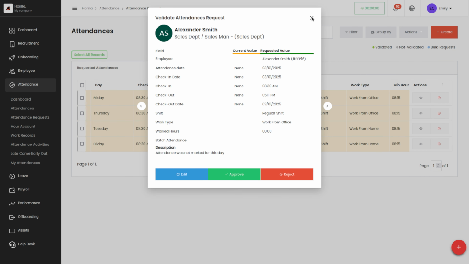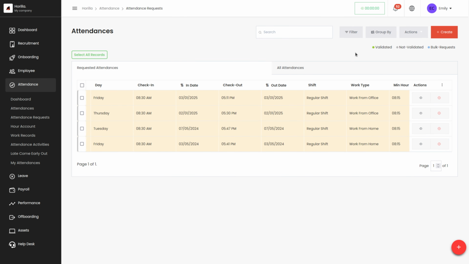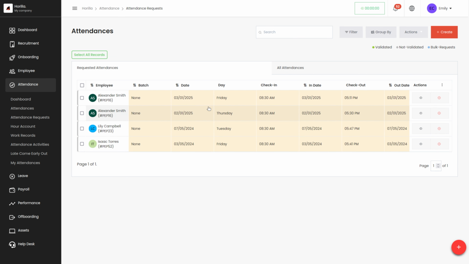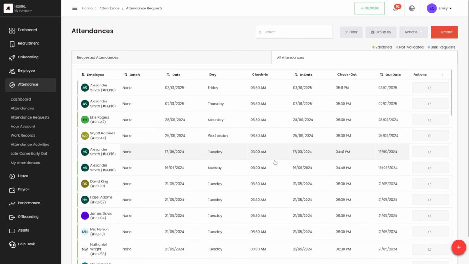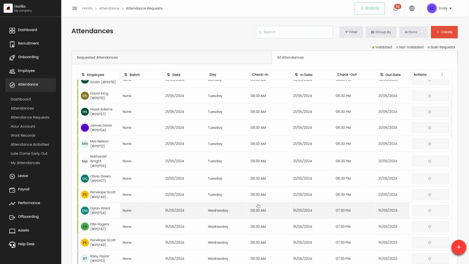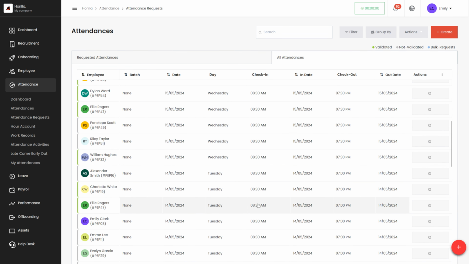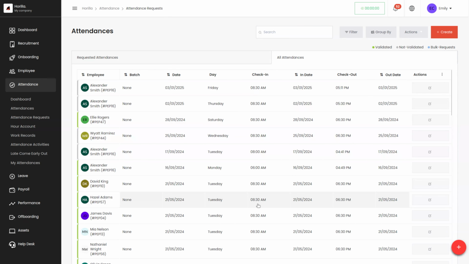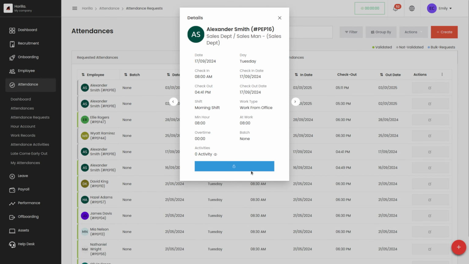Since Emily Clark has been set as the reporting manager for Alexander Smith, we have seen that she is able to manage and access the attendance request Alexander Smith has created. And similarly, in the all attendances tab, she will be able to access and manage the attendances for all the employees under her. We have different employees' attendance over here, so she'll be able to view the attendance from here.